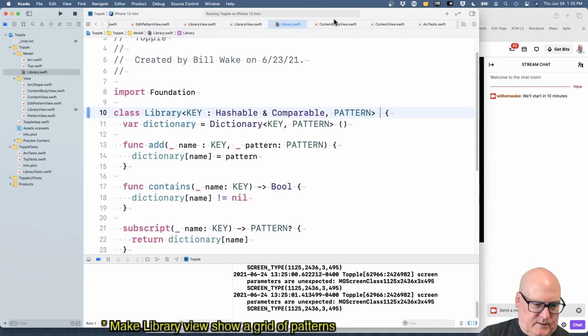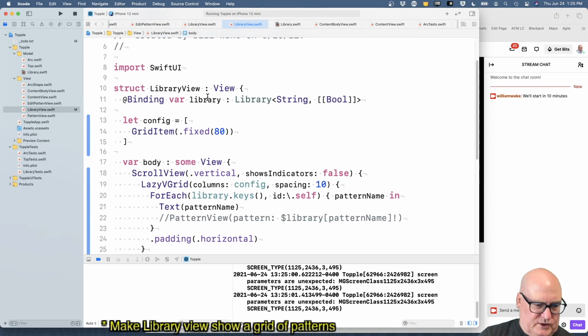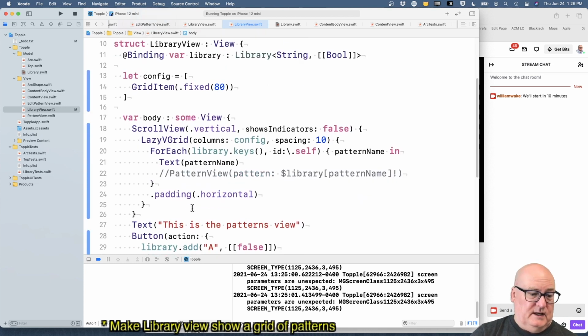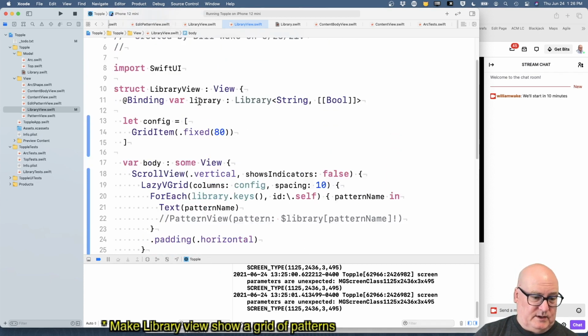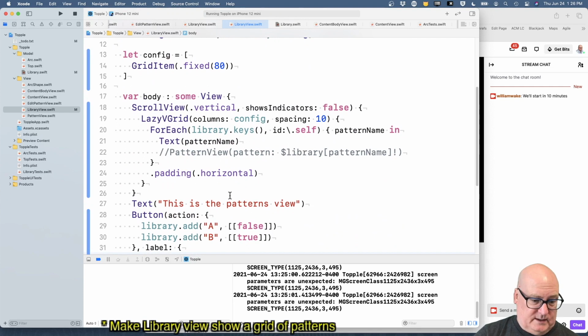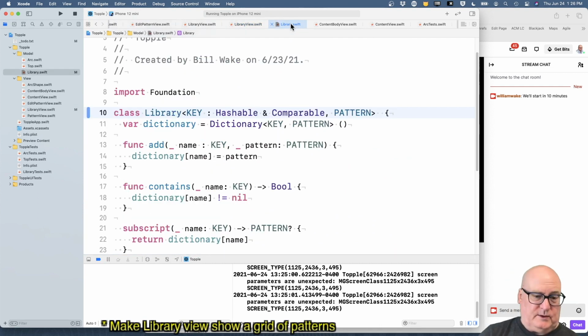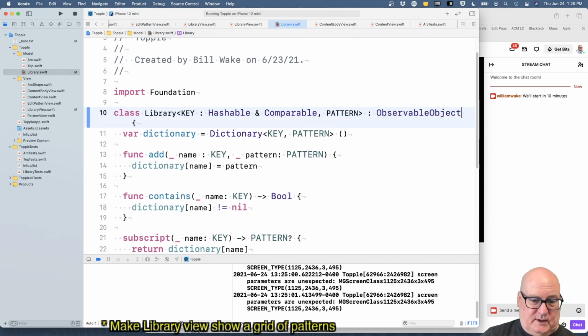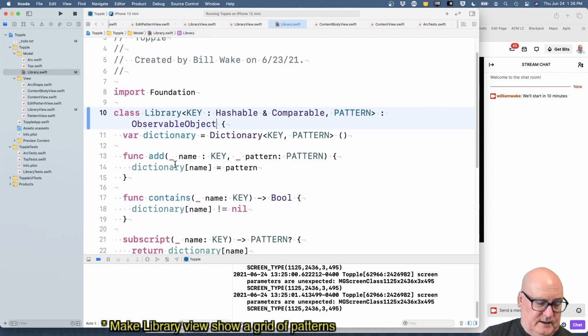So I think what's going on is the library says it's a binding, but we don't do anything in our library object to notify anybody when things change, which means it doesn't notice that this new happened. So we need to make it, I believe we need to make it observable and then make sure that when you do an add, you trigger a change. All right, so I think observable object here, and then